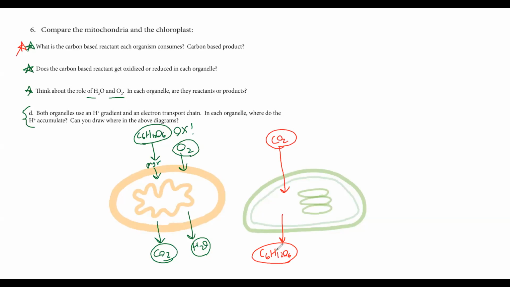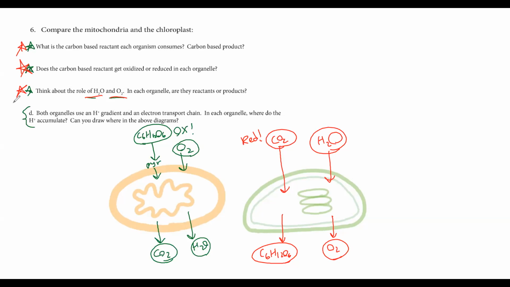When you go from carbon dioxide to this, is it being oxidized or is it being reduced? It's gaining hydrogen, so it's getting reduced. Reduction involves gain. If the reduction oxidation part was hard for you on the midterm, by the way, go ahead and check out my previous video about oxidation reduction. Hopefully that'll clear it up. And next, think about water and O2. Think about another reason why plants are so good. Not only do they take up carbon dioxide, but they also produce oxygen. And they do the opposite of what we do. So they take water and then they turn that into oxygen. So they're oxidizing water.